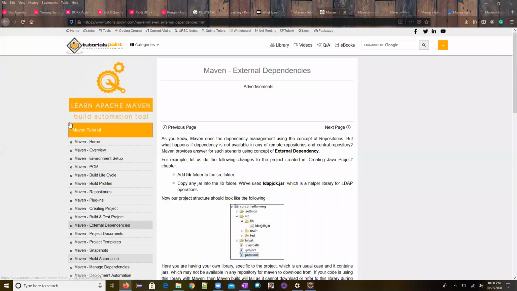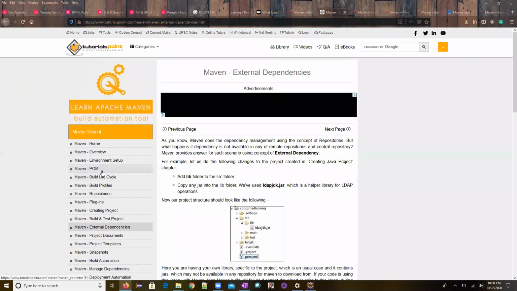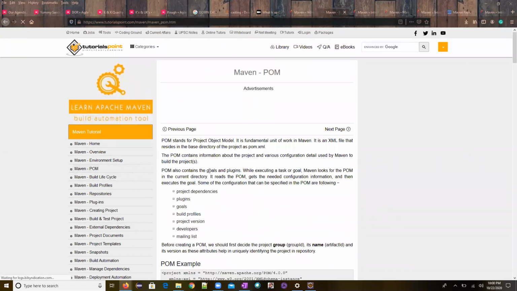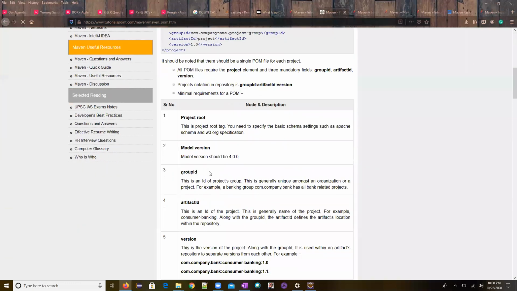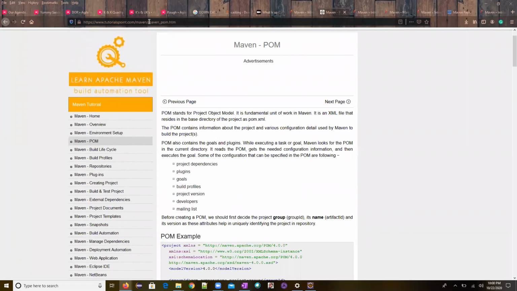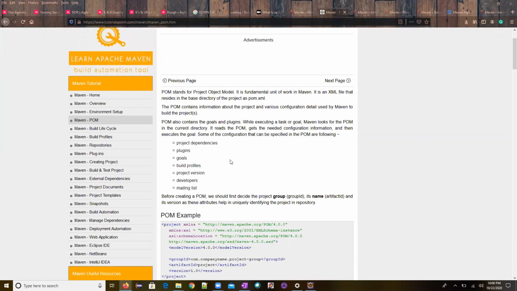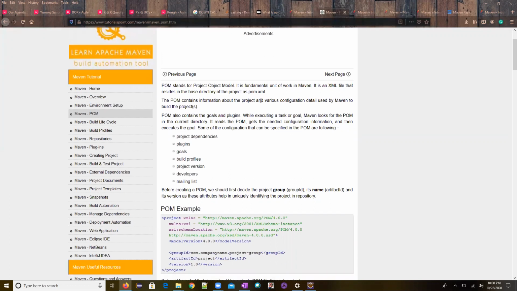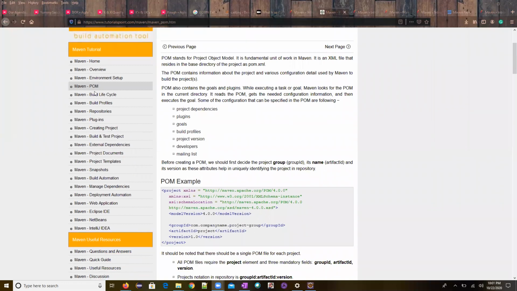Now if you see here, I told you, right, you need to follow this article, the tutorial point. Whoever attended the last session will know about it. Guys, this is a very important, easy and clear compressed version of the Maven official documentation. This is the official documentation, and the compressed version is this. If you read this, it is more than enough.